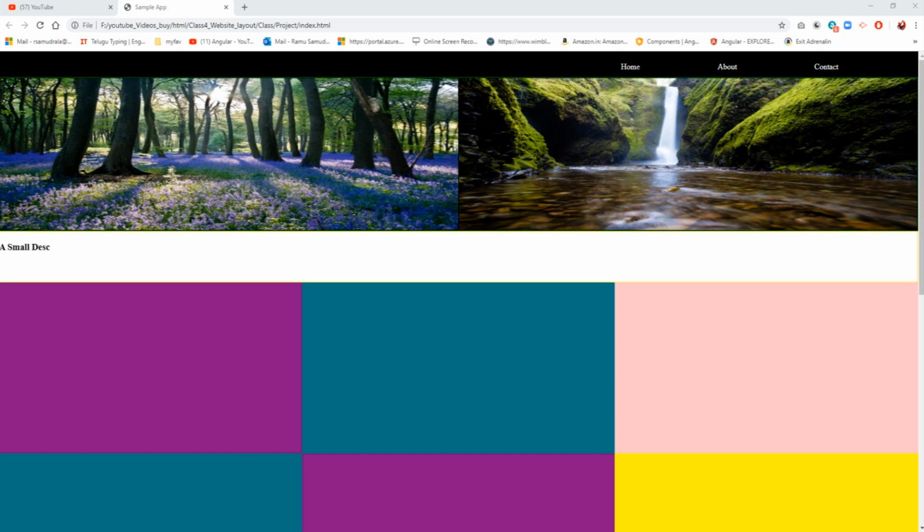So for that we need to maintain some equal space between the navbar and images, image to image, and image to the next description block also. So for that I'm going to choose padding for this element. So how to do that?